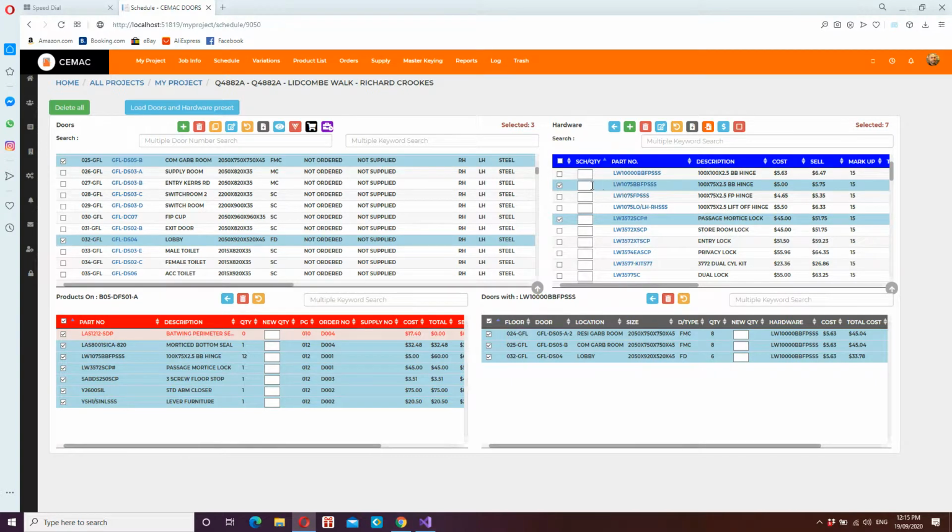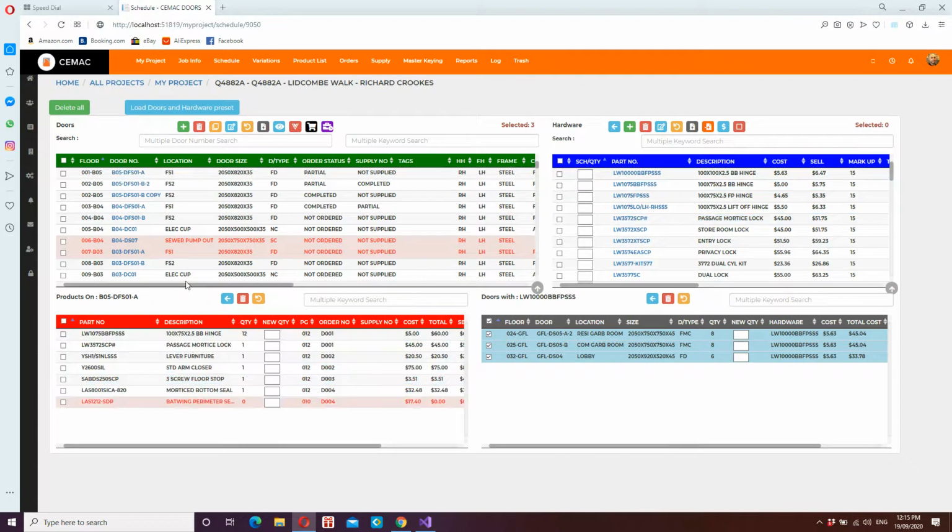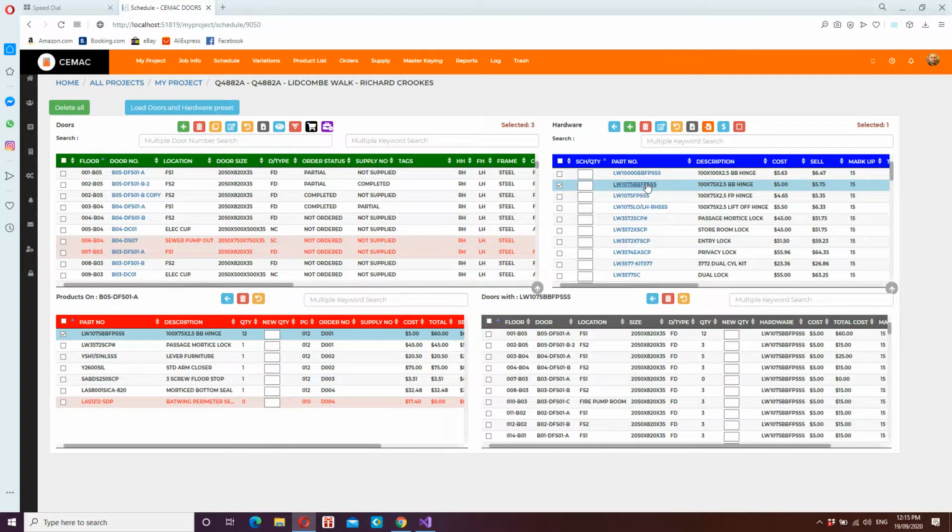Okay, let's pick something different, like LW 107, which is this one, I think. Let's have a look at one of these doors. We're going to pick this hardware, and this hardware cost,